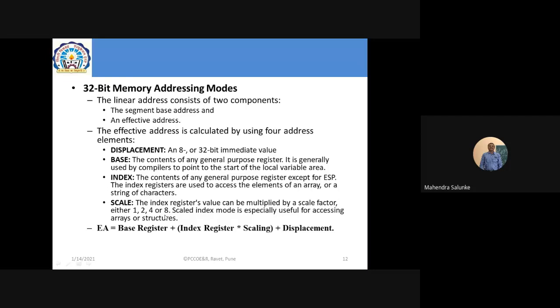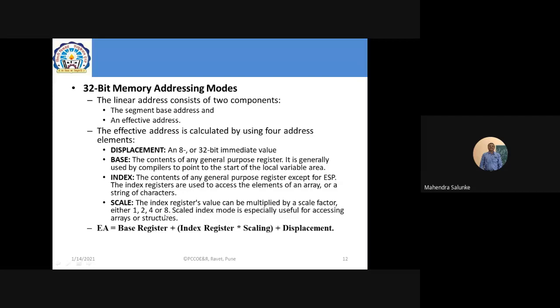So ultimately, whatever index value you are incrementing: if you write 0, then it is accessing the first byte. If you write 1, then it is accessing the immediately next byte, the second byte. If you write 2, it is accessing the third byte. If you write 3, it is accessing the fourth byte. This is how your index is incremented. Whenever it increments, it accesses the next. Ultimately, depending on the size of each element, your index value is to be scaled, and in a high level language it is done automatically.